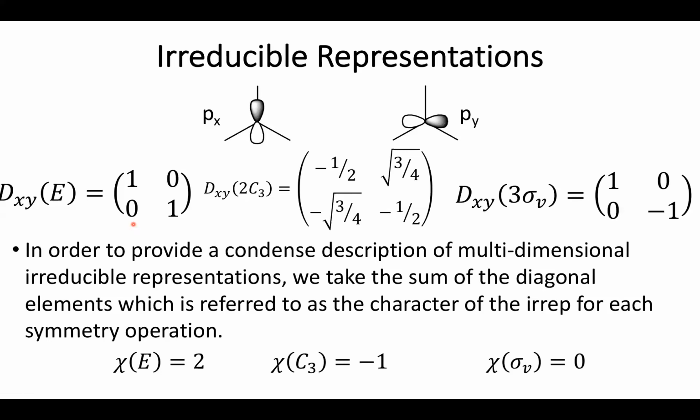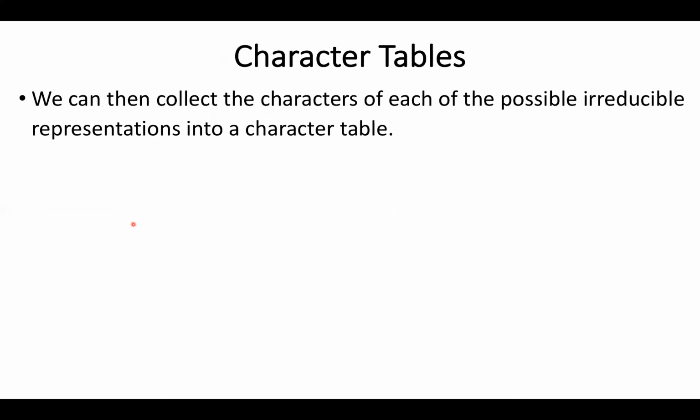Now, one of the other things that we would like to do is be able to convey all of the information about all of our irreducible representations into a nice, concise format. And this is where character tables come into play. So the idea of a character table is that I'm going to list the possible irreducible representations that any given point group can take, and then I'm going to list the character that each class of operations will give for that